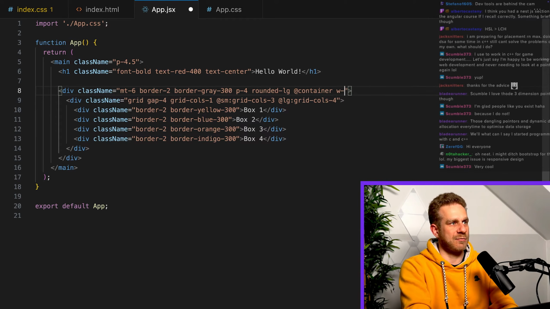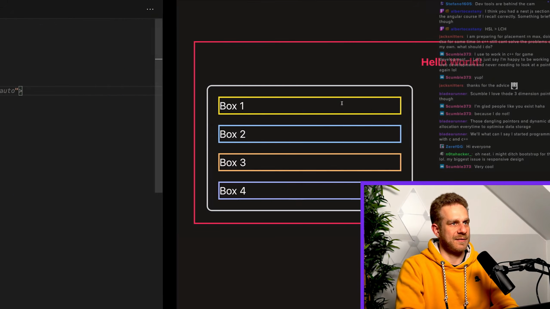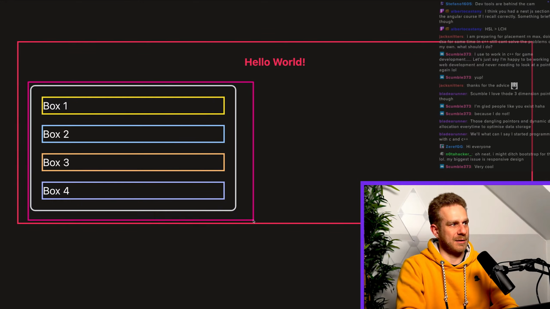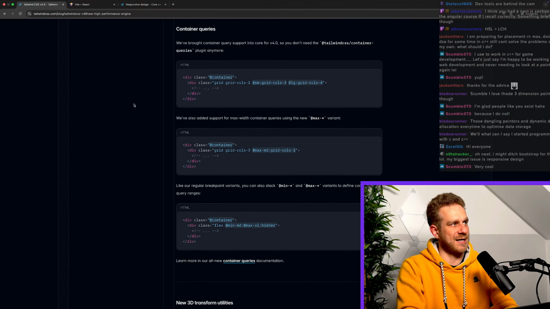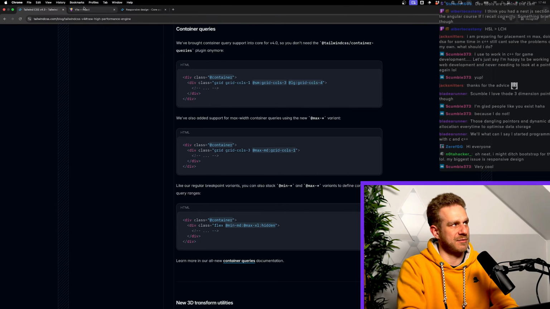If I set the width here to, let's say, 20 rem, then I have this one column layout, even though the page width hasn't changed, but the container width has changed. And that's the idea behind container queries. And it is, of course, pretty nice to have that built-in support now, because that really simplifies